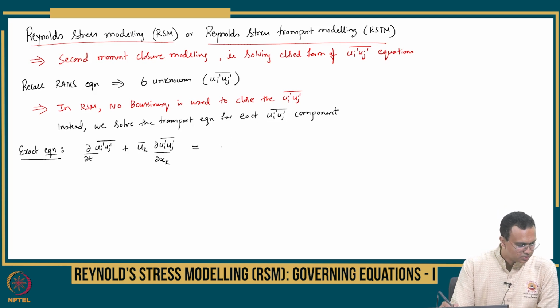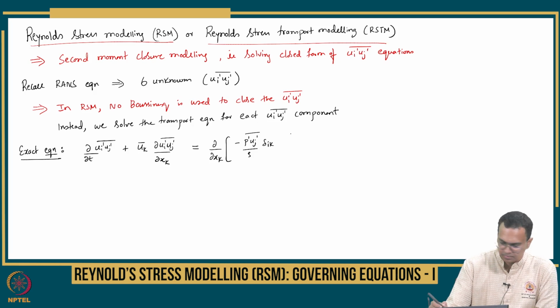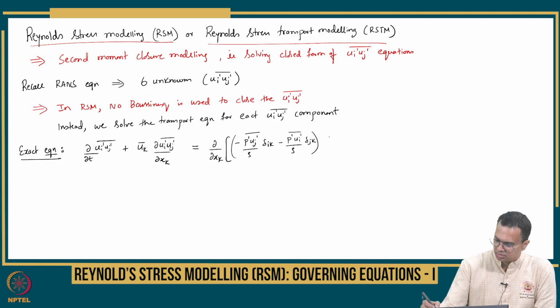First, we have the diffusion rate term, which is dou by dou xk of minus p prime uj prime by rho delta ik, and then minus p prime ui prime by rho delta jk. Okay, so this was your pressure diffusion rate,